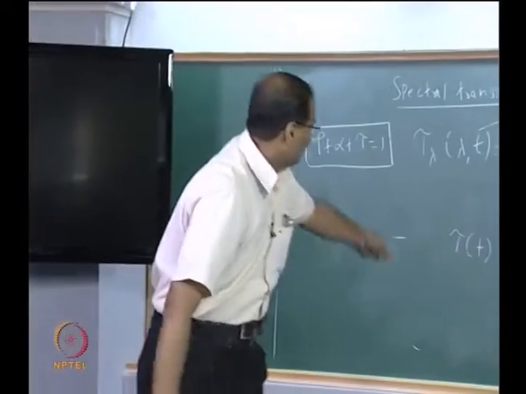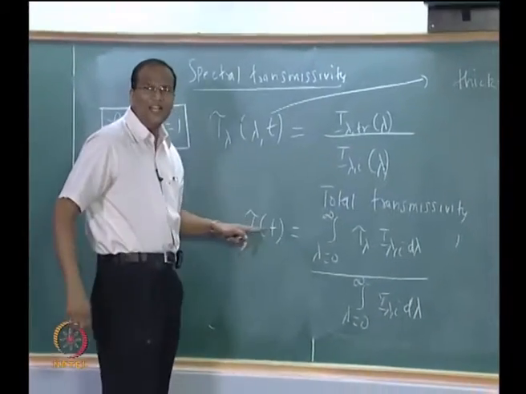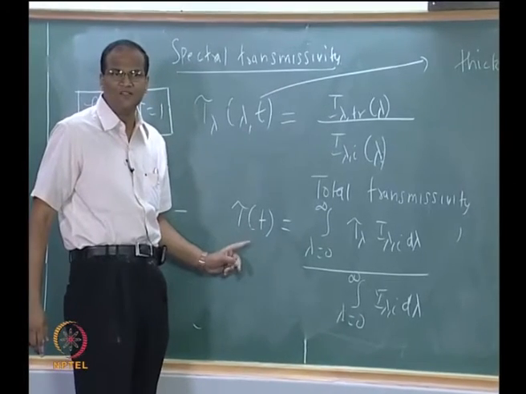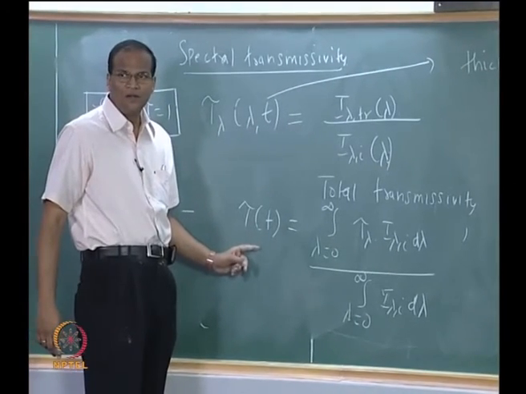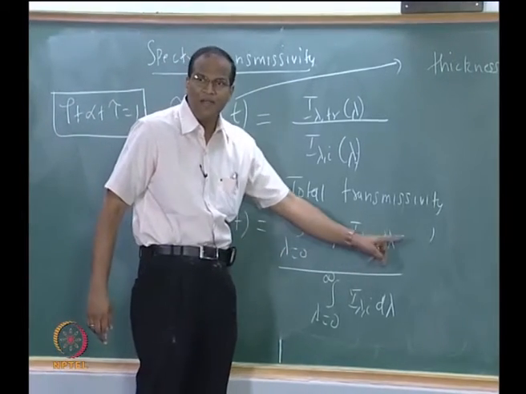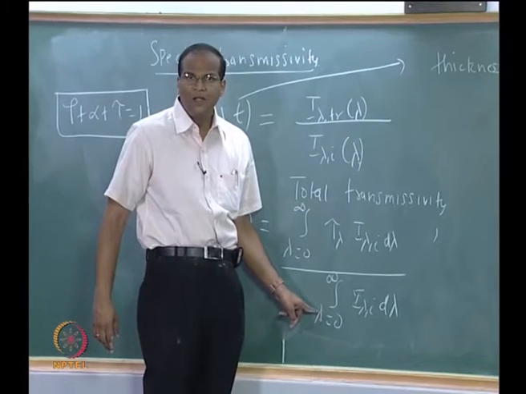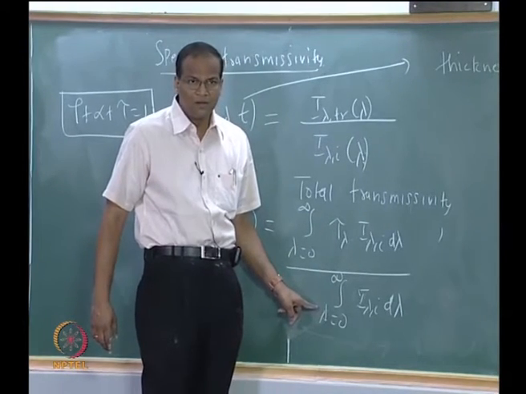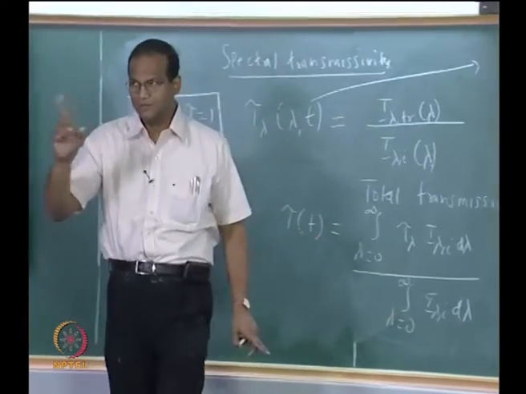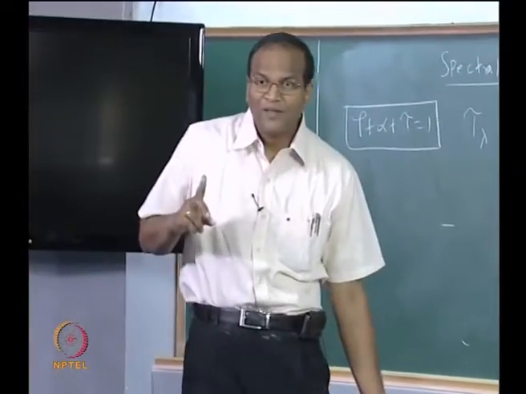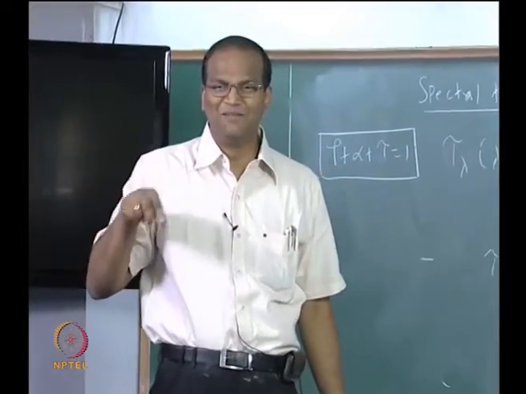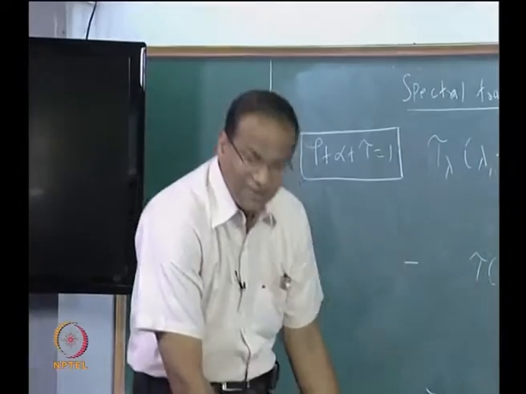Okay, so you can work this out for the special case of irradiation from a black body. You know this. What will happen? One second. The special case of irradiation from a black body: the integral from lambda 0 to infinity of tau lambda EB lambda divided by sigma T to the power 4 by pi. Okay, if I use IB lambda it is by pi, if I use EB lambda it is no pi. Okay.